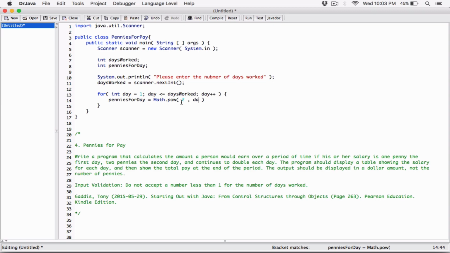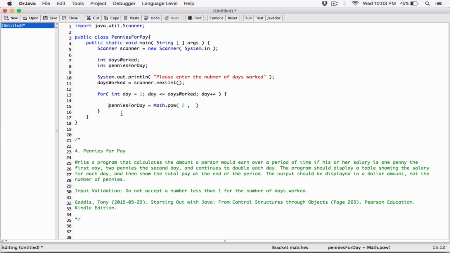But I said I can go ahead and declare a variable here. I can say int